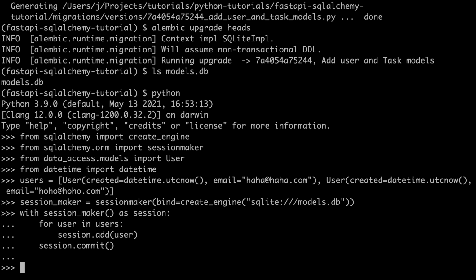Alright, our users have been saved to the database. Now we can query the database to get the user records, and especially get the ID of every user, which we're going to need to generate the JWT tokens for each user. So we say